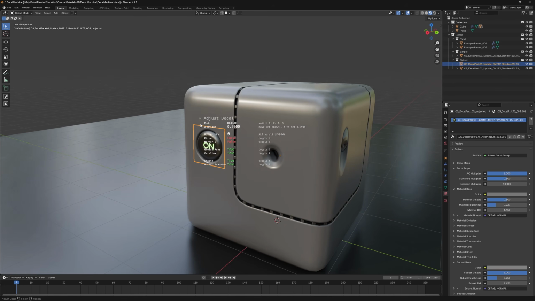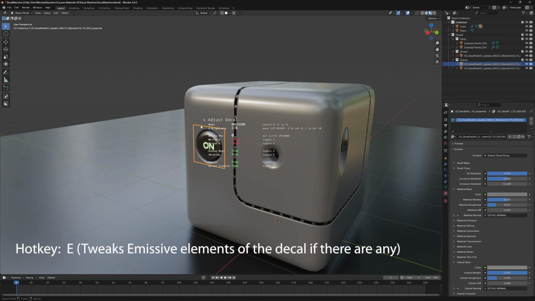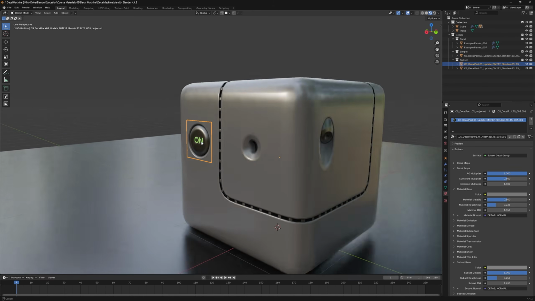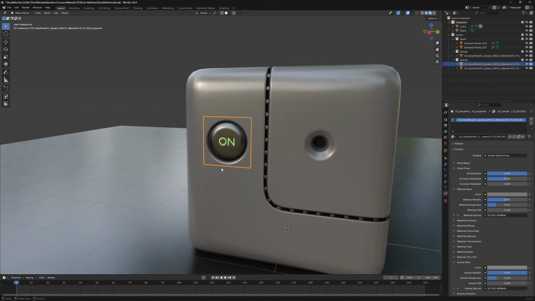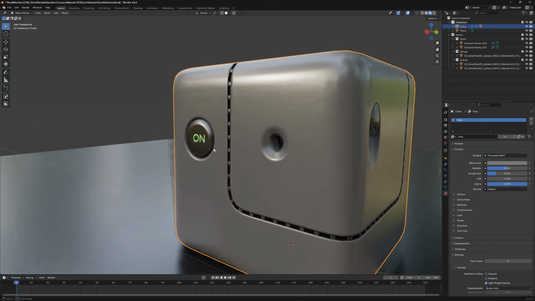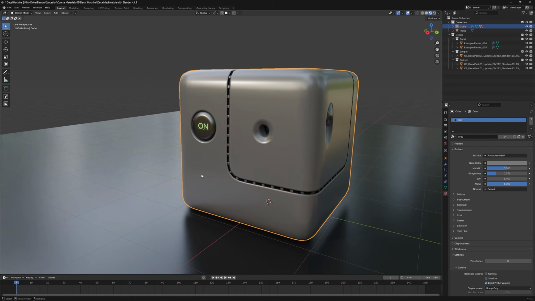And if we switch to E, which is emission, we can control it by moving the mouse left and right. We can control its emission. So that's really crazy, absolutely amazing, right? So that's really cool. Okay, what else? What else can we do with Decal Machine? So press V, press select, and of course we have